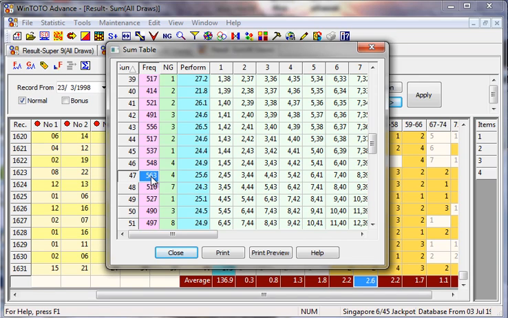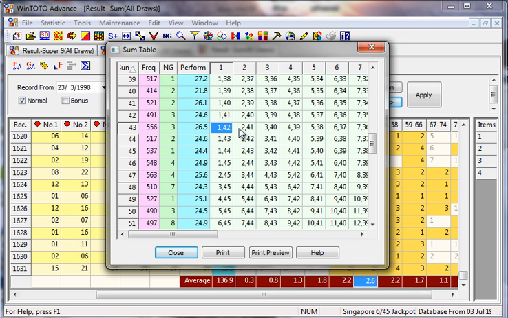But what happened right now is that it has 4 draws no show. So this is another very important number. Another one that really catches my eyes is sum 43, because it has a total of 556 appearances. However, it has 3 draws no show. For example, sum 43 consists of 1 and 42, or 2 and 41, 3 and 40. This is how I look at the numbers here.